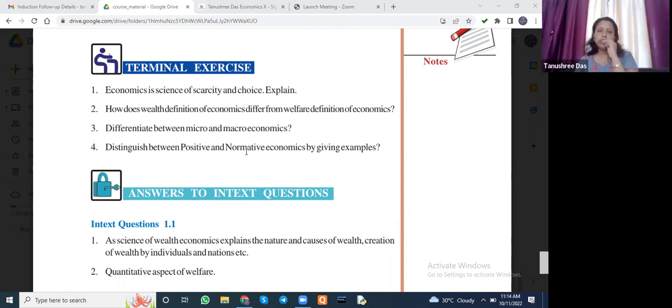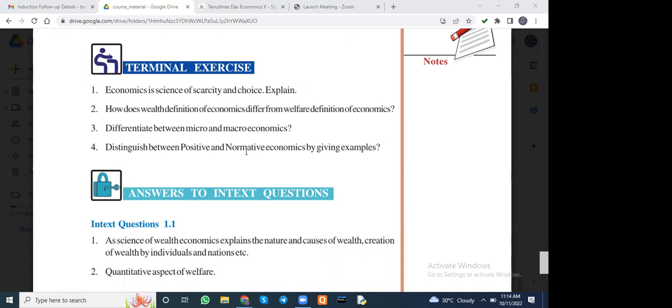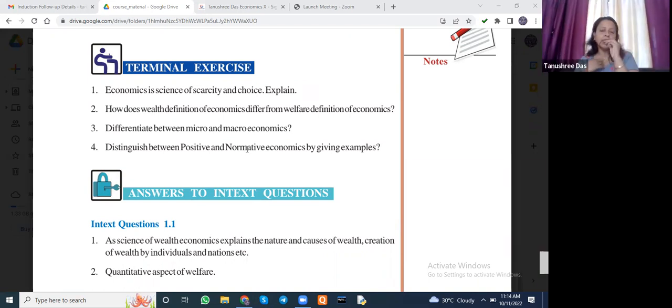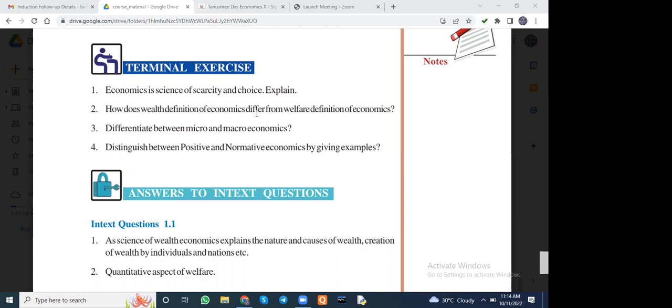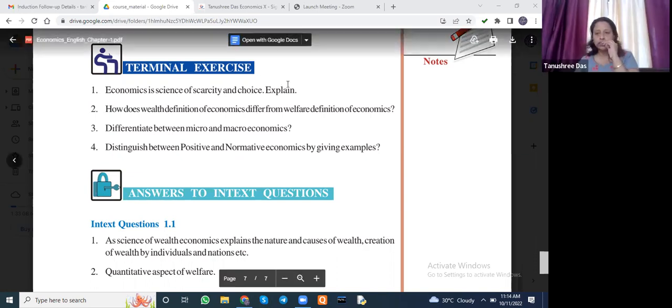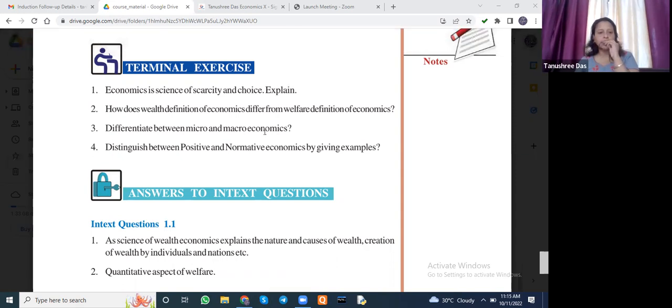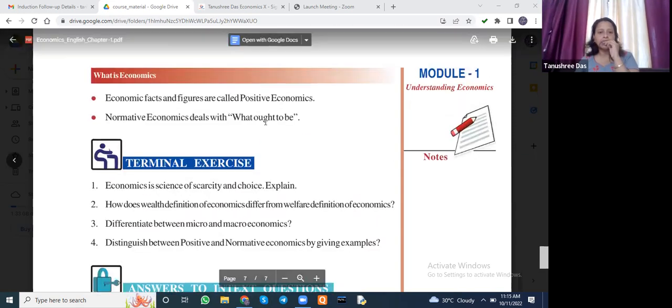Okay, so just do one thing. Mark the statements from where the answer will be, and from there you can frame your answers. Economics is a science of scarcity and choice. So what will be the answer, and from where can we get this? We can get this answer from